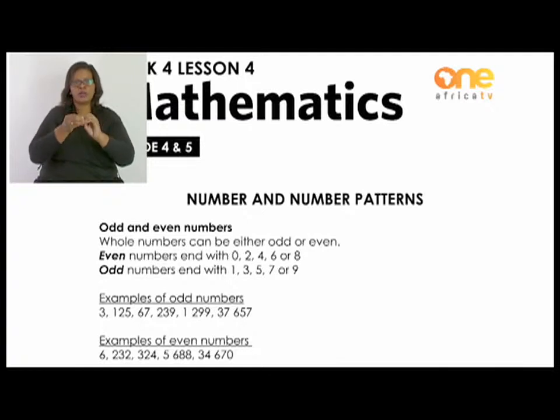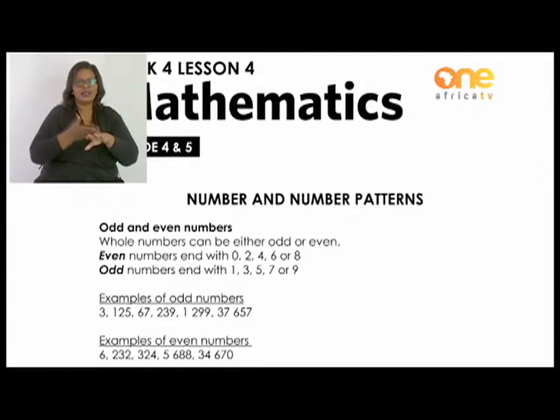Whole numbers are classified as odd and even numbers. Even numbers end with 0, 2, 4, 6, and 8, whereas odd numbers always end with 1, 3, 5, 7, and 9. So when you are counting in twos, it means we are listing all the even numbers. So there are examples